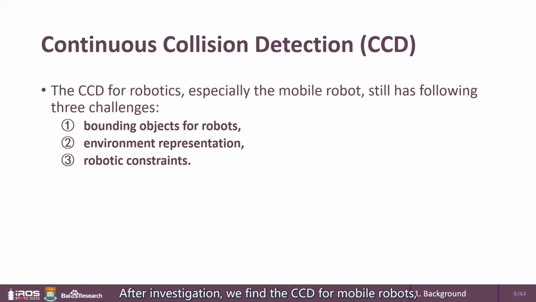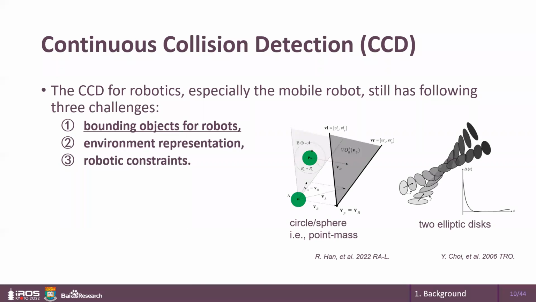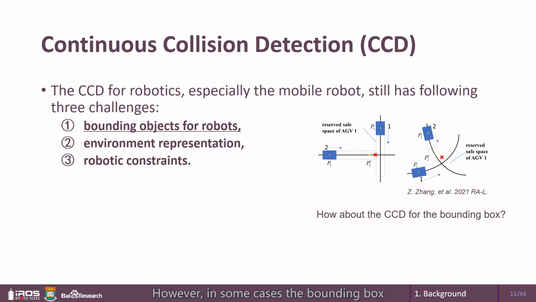After investigation, we find the CCD for mobile robots still has the following 3 challenges. First, bounding objects for robots. The simplest way is using a sphere or ellipsoid to cover the mobile robot, since their collision detections are trivial. However, in some cases, the bounding box becomes a better choice to compactly represent,